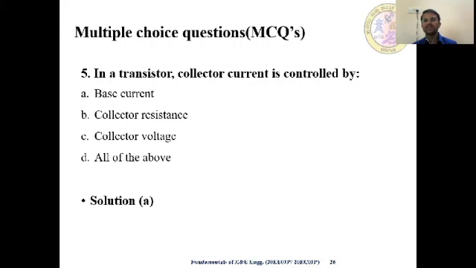The first region usually is emitter, the base comes in between that of emitter and collector. But based on the biasing, the base current will be the input current and the collector current is usually the output current. So here the transistor is a current control device. The base current controls the output current. The base current controls the collector current. Hence the correct option is A, base current.